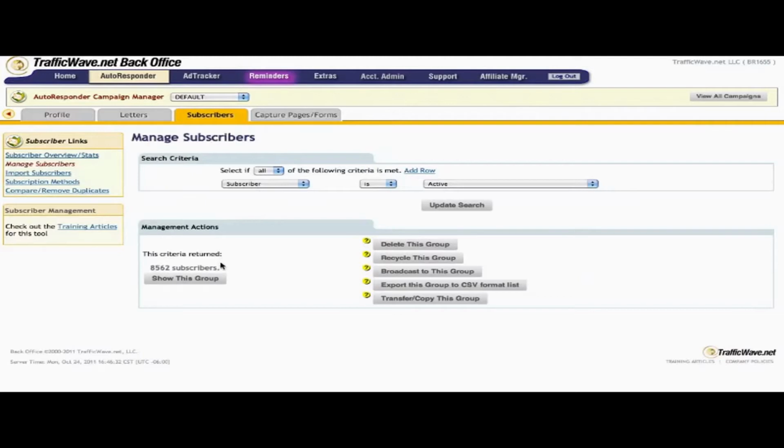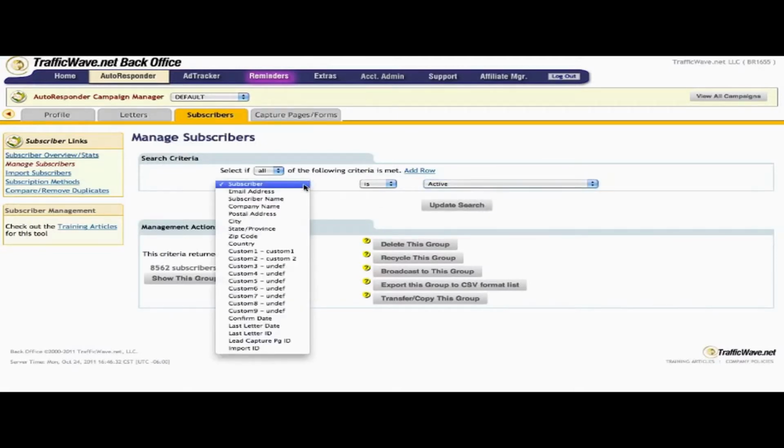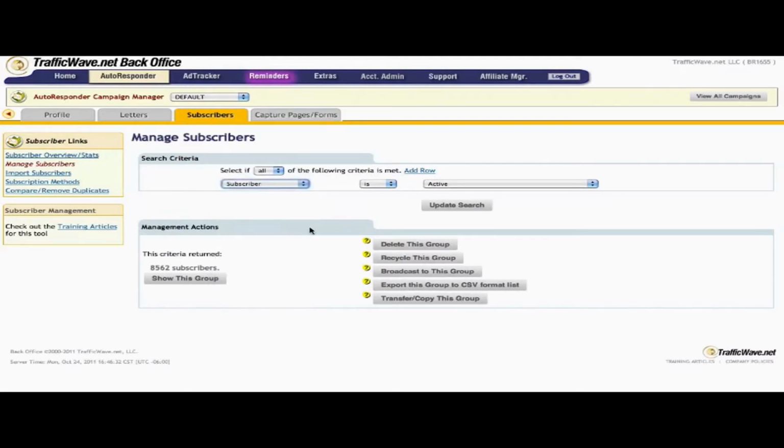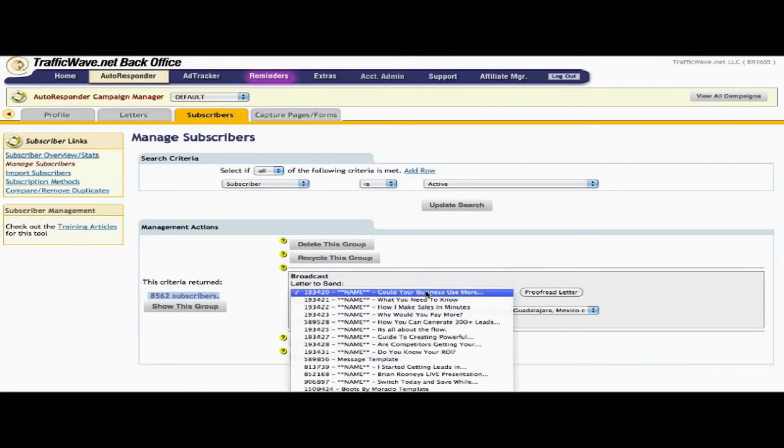Now in my case, I'm going to use this group right here, but you can use the search criteria section to search for members that fit any particular criteria you're looking for, such as people within a particular city, people that share a zip code, people within a particular country, or any of your custom fields that you've set up. And once you've got your group selected, in my case I have 8,562 subscribers in this group, you click Broadcast to this group. Select your letter that you've already written,